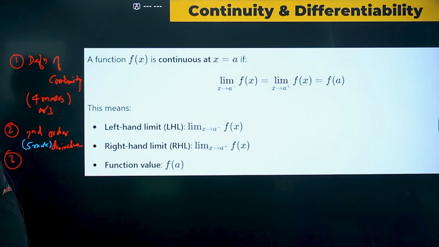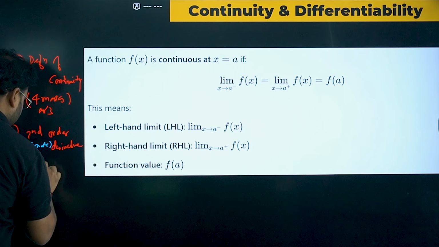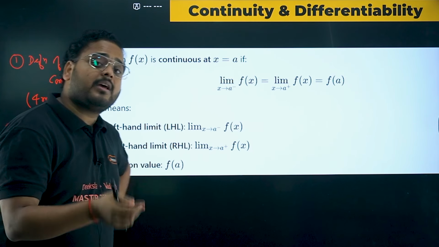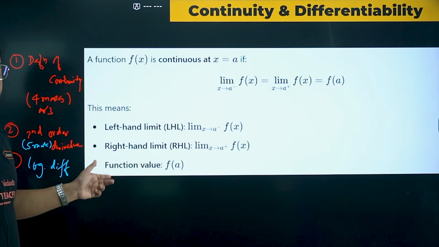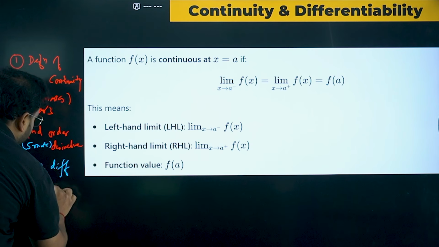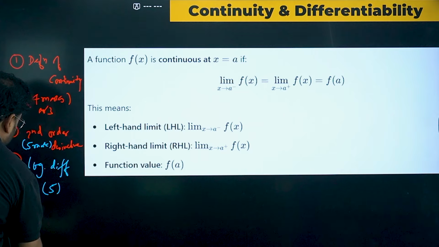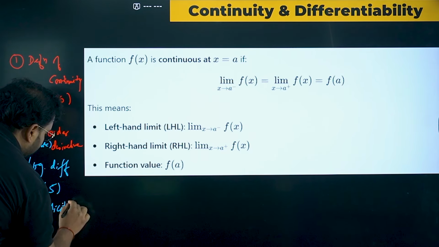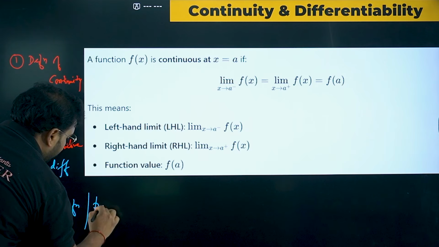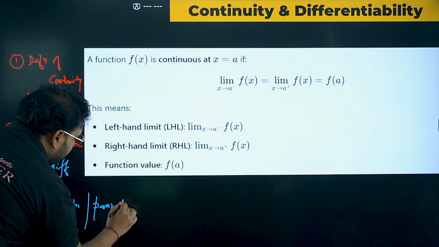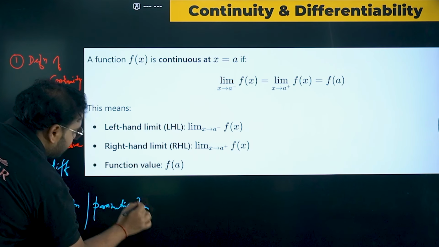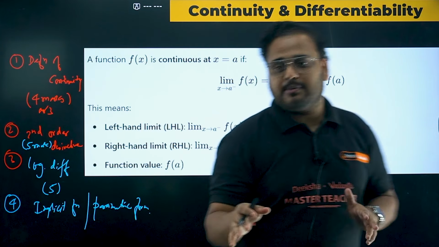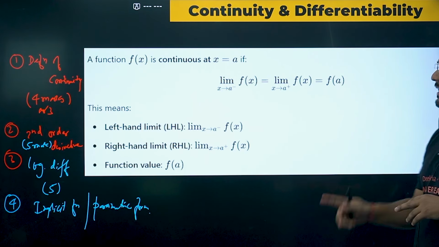Second order derivative. Then can be a question on logarithmic differentiation. Log differentiation, where the powers are given, all those, don't worry. When I show you the question list, I'll show you that kind of question as well. Log differentiation can also come for 5 marks. Okay. And we also have implicit function, and we have parametric form. These are the important topics and important concepts from where the question will be asked in examination. So please review the chapter in that fashion.